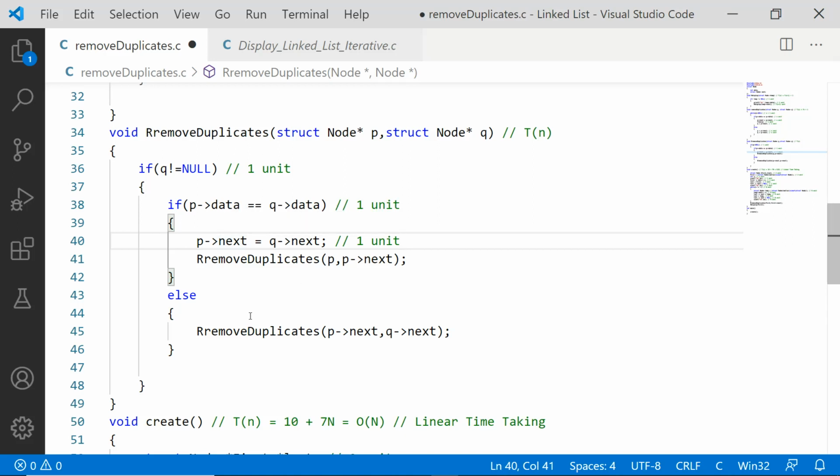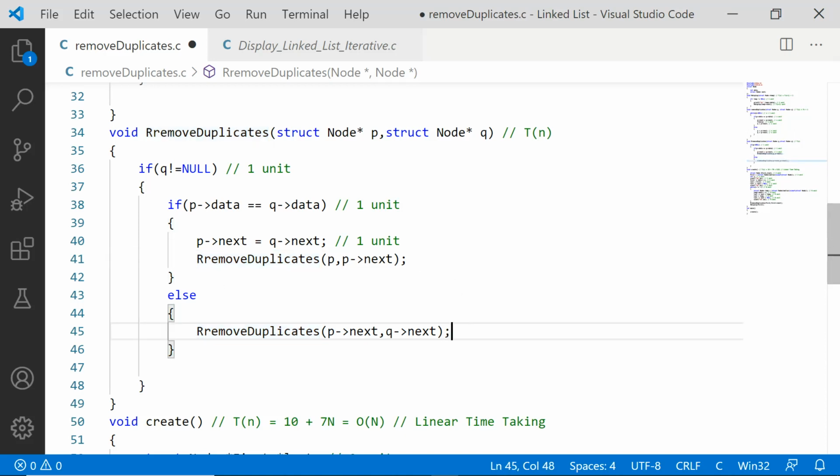Either the if condition or the else condition will be working. In both the cases we will be moving the q node to one position. Because the end condition is based on q, let us concentrate on q. In both the recursions, q is only moving. So either this recursion will be working or otherwise that recursion will be working. So let us not include both the recursions at the same time.